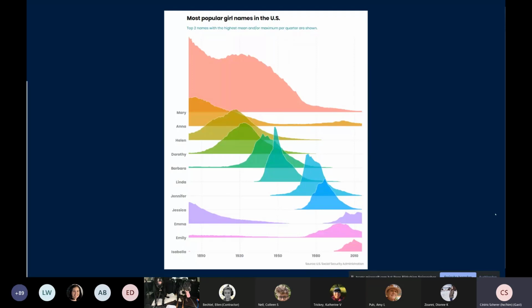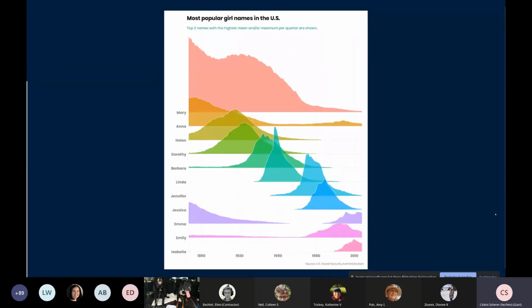And what I wanted to show especially is that due to the diversity of names in more recent years, the number of names gets way lower. So you see the big chunk of Marys and also of Annas and Helens and Dorothys in the beginning, so in the 1900s beginnings, and then towards the 2000s, you see they get very low. And it makes it, I think, quite readable due to the offset for each decade. So it's moving to the right.